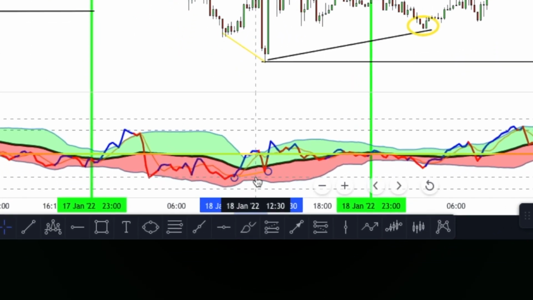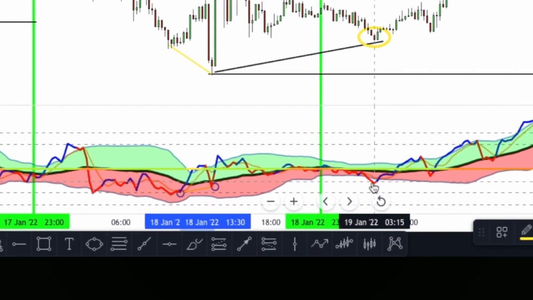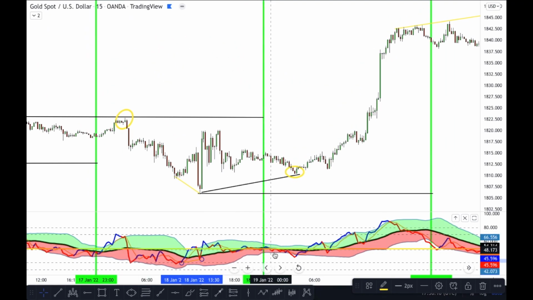Straight away from here to here was divergence. And then what do we see when it comes through to the shark fin? This is how it makes it a little bit easier for us because we're looking for a certain type of setup. When we see our shark fin right over here with that divergence that did occur,